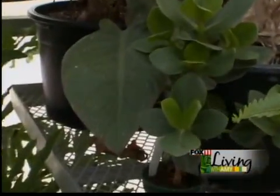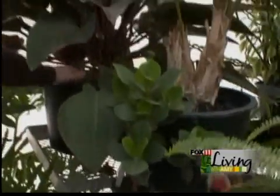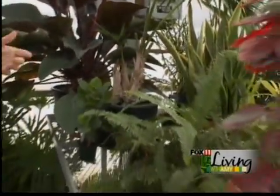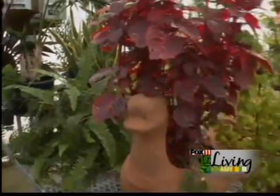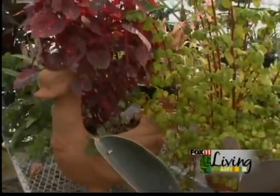And also look for spots and streaking of leaves, which could indicate a disease. The other thing you might want to do is feel the stems or feel down in there and see if it's moist or if it's really mushy. That could be a rot issue already. So buy a quality plant right away because that'll reduce the work that you have to do once you get